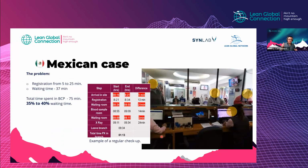Because here the scenario is very interesting because it has some particularity in the operation. So the context is the same. We want to reduce the time that the patients spend in the BCP, but in Mexico, the BCP does not